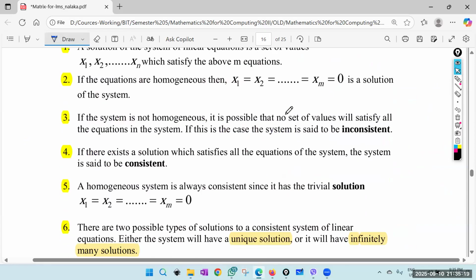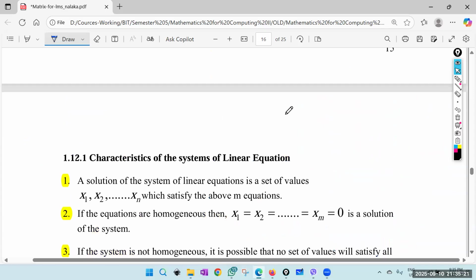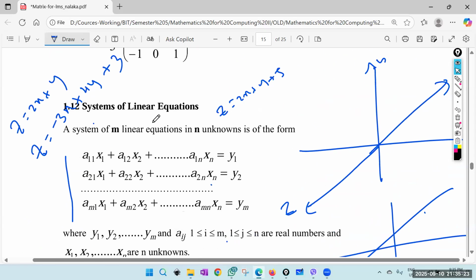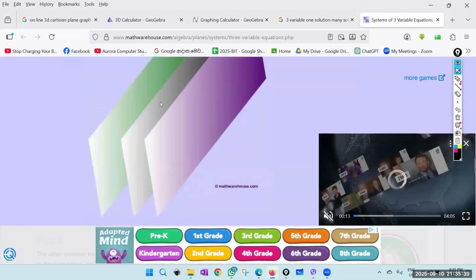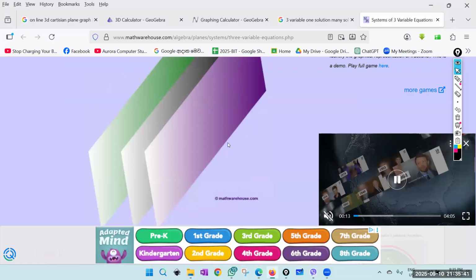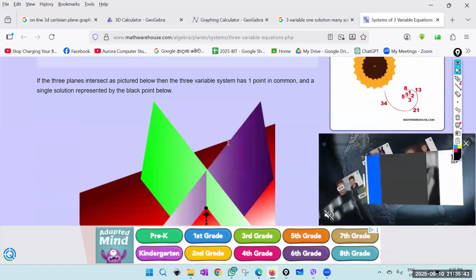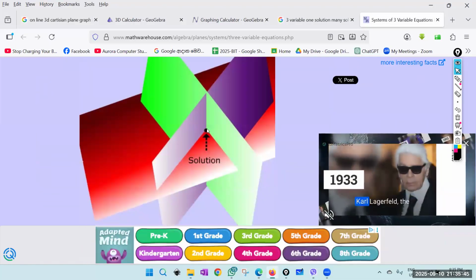As I told you, there are three possibilities when you have this kind of a linear system. What are the three possibilities? No solutions, like the parallel planes. Infinitely many solutions, one solution. So remember that you just need to understand: no solutions, unique solution or one solution,